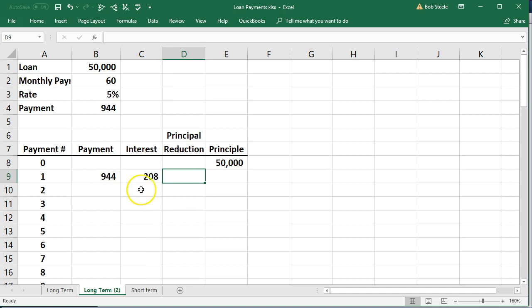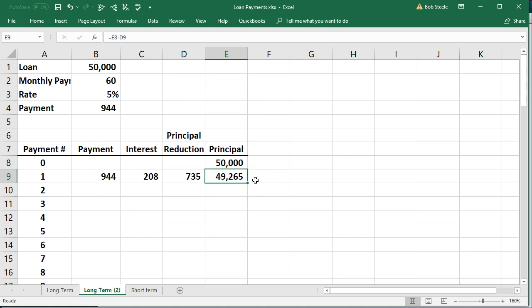So if this is how much we're paying and this is how much is interest, then the principal portion would be the payment minus the interest, or 735. So then this principal amount, the ending principal, will be equal to the prior principal minus the 735. So you would think it would be the same all the way down. You'd say, oh, well, every time we make a payment, interest would be 208 and the difference would be 735. But no, it's going to change, because now the principal portion actually went down, and interest